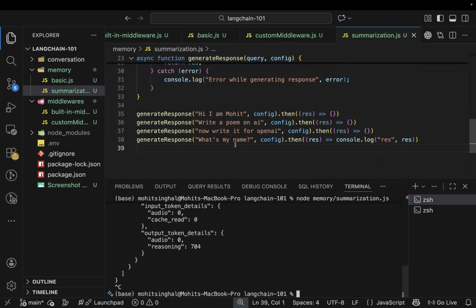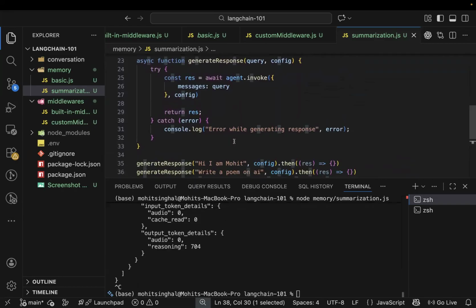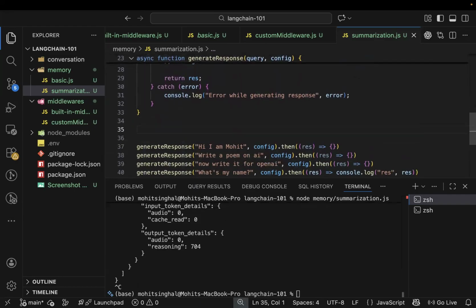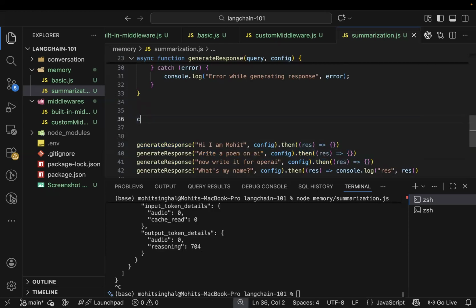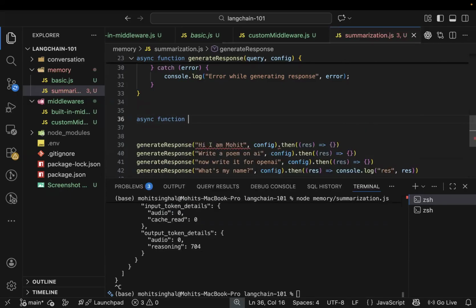Instead of this, I think what we can do here is, the issue is with async await here. So I am going to call everything inside one single async function, and then we'll try to await it. And once the response comes out of it, then only we are going to call the generate response. Because what is happening with this is it is not able to do one after the other. I don't want to do it in multiple steps, so I will just write async function create convo,